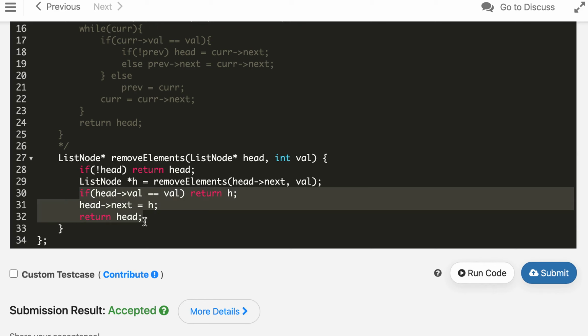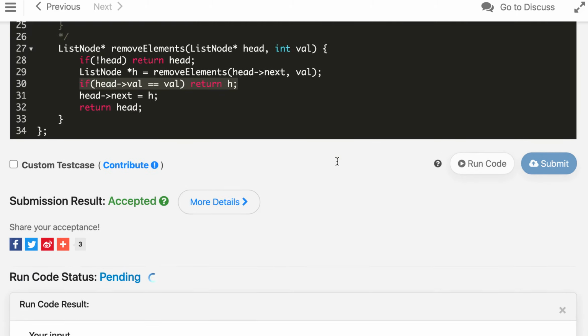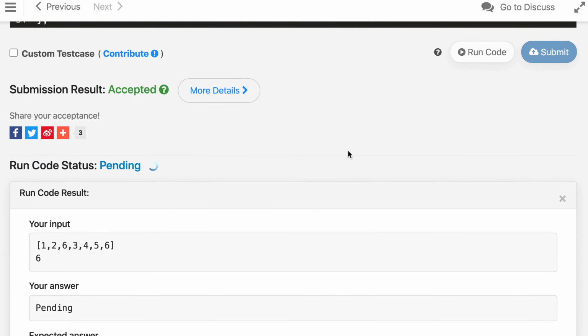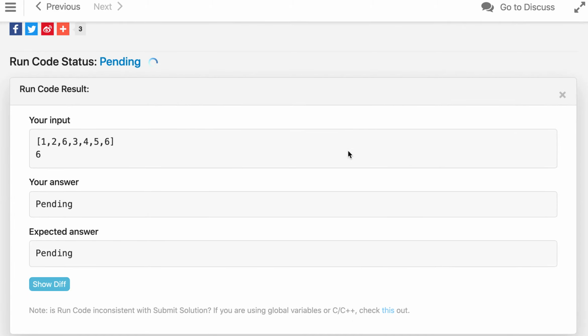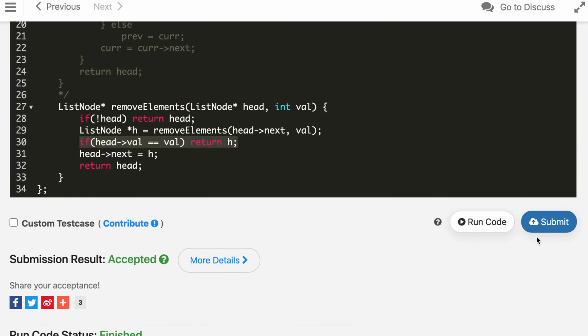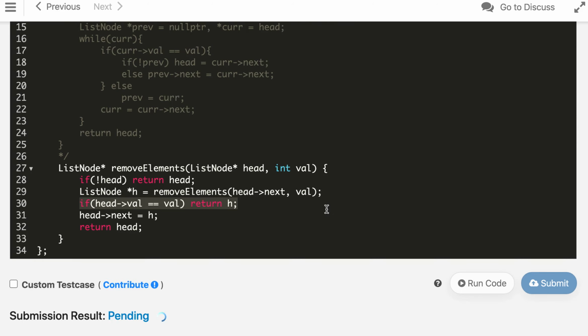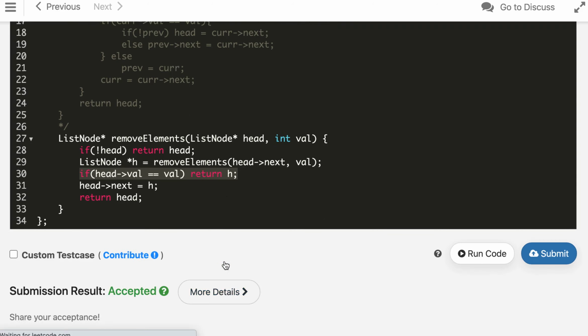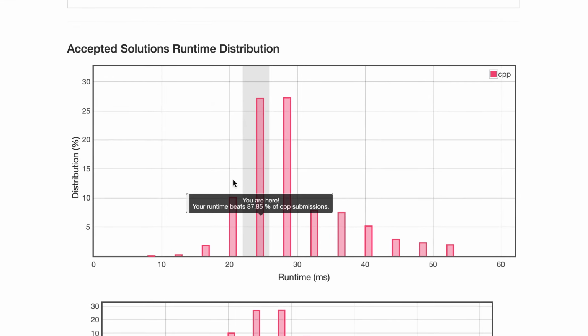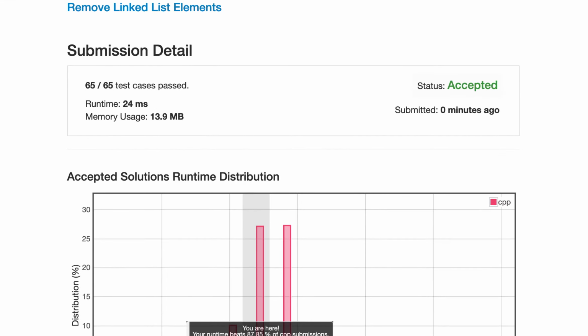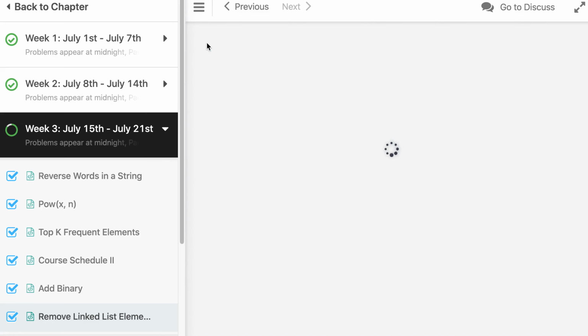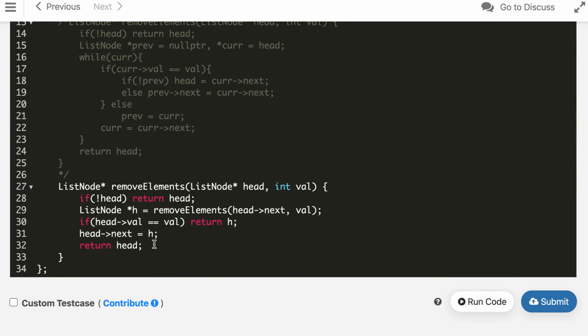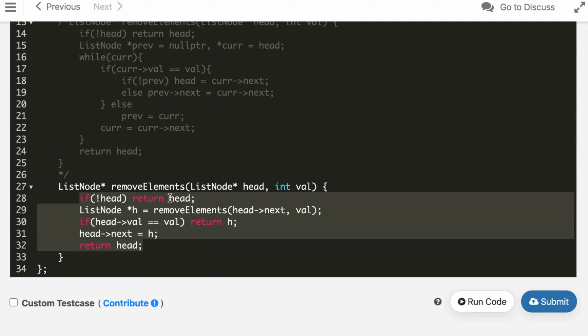Only for the second case it will come here. For the first case, when head is equal to val, it will return from here itself. So let's run it. You see it's even shorter than the iterative solution. And this is accepted. If you compare the time, you should see similar numbers in some millisecond range. And it's also O of n. So it's just 3-4 lines. You can write the same thing in Java and Python also.